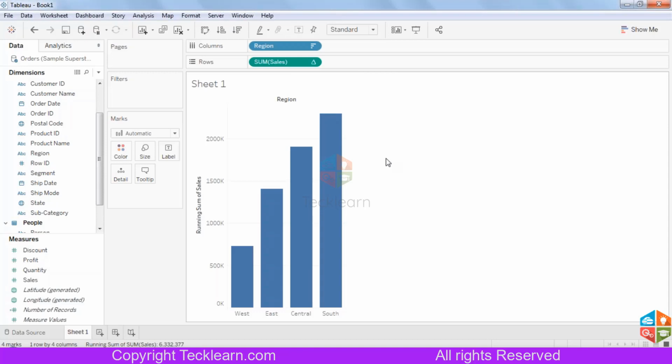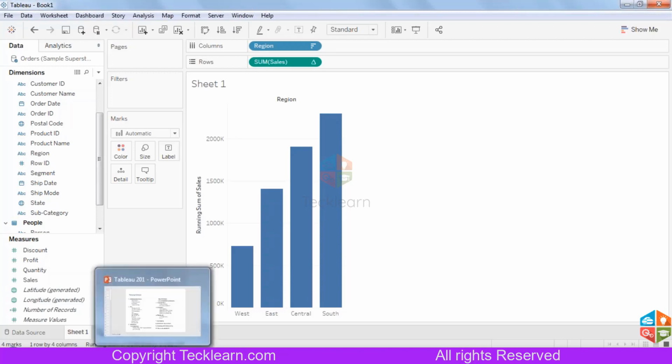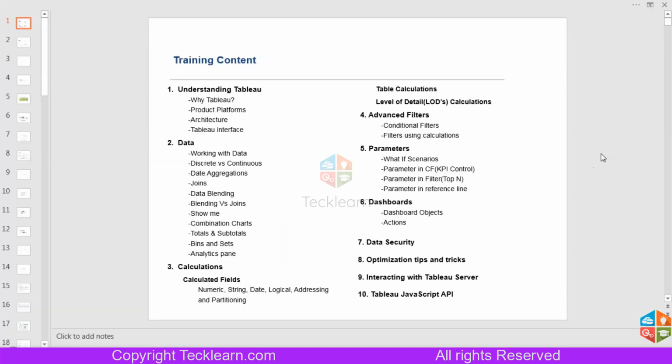That is a quick example. Throughout the training, I will show you the advantages of Tableau and where you need extra effort with other BI tools. So you mean Tableau has additional features compared to other BI tools in the market? Yes.